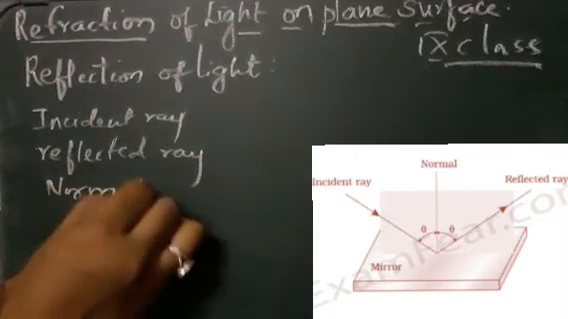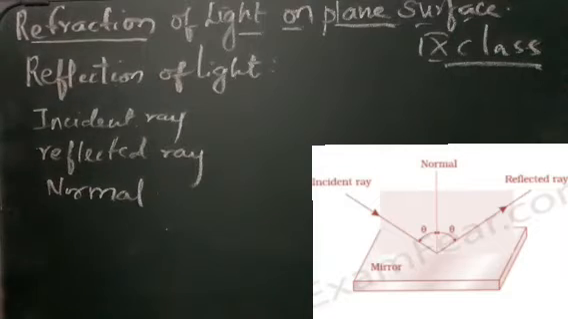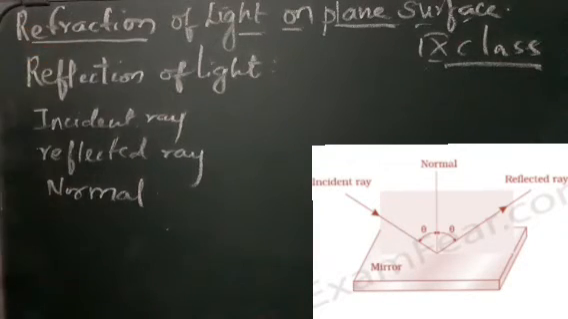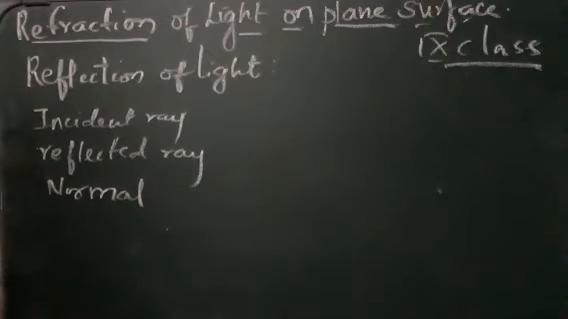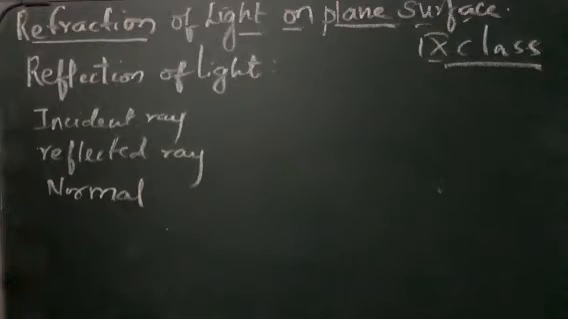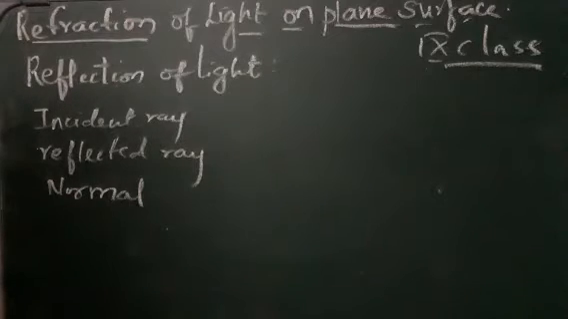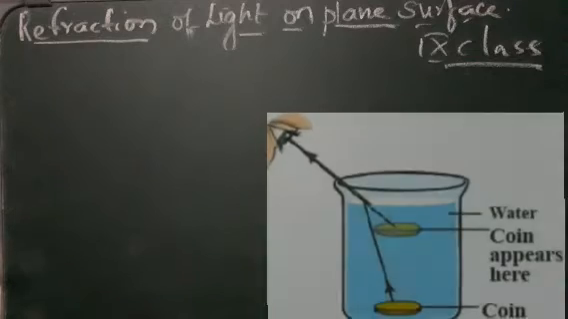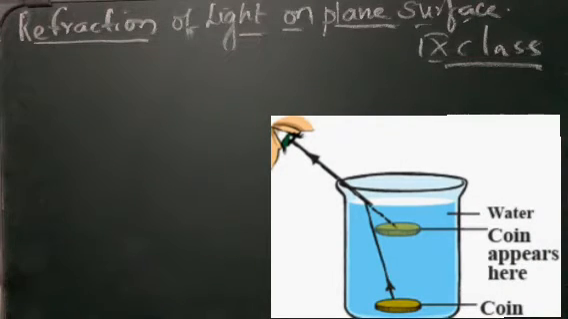But here also there is some same case. Here we see in place of reflected ray we see refracted ray. Here incident and normal are same, but what is the difference between reflection and refraction, that we are going to learn in our class. You might have observed that the coin, when placed in the bottom of the glass or